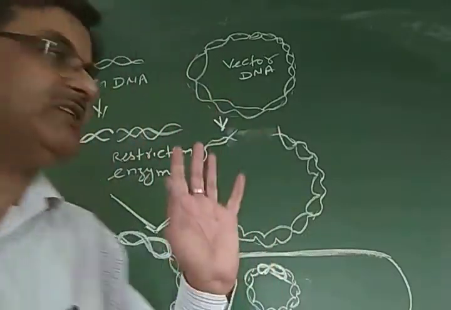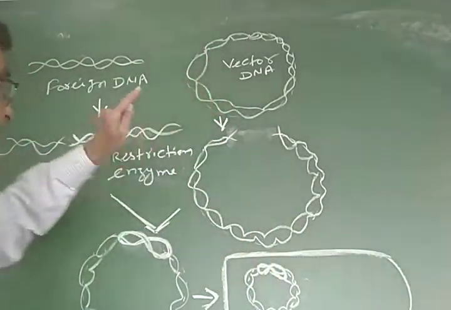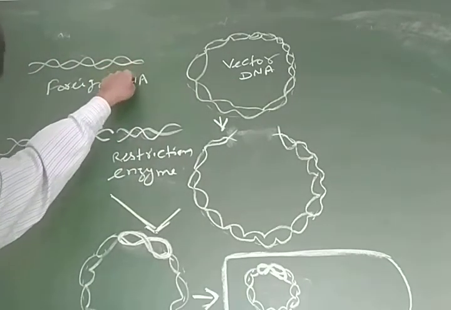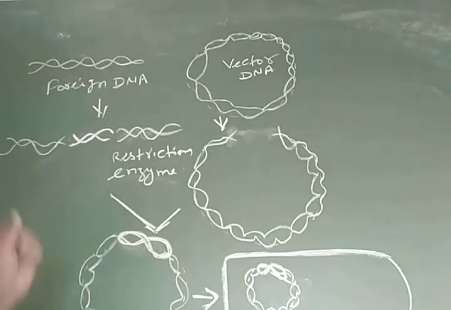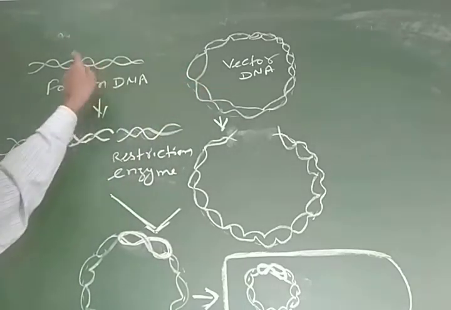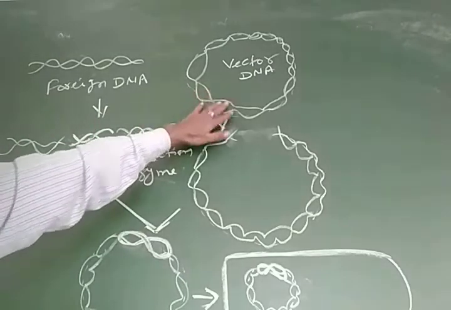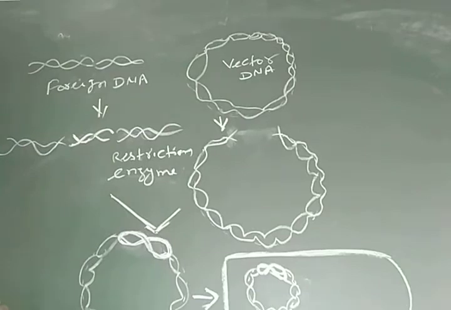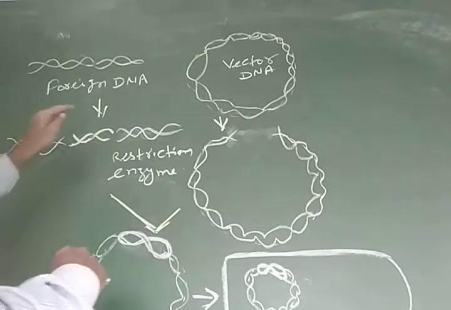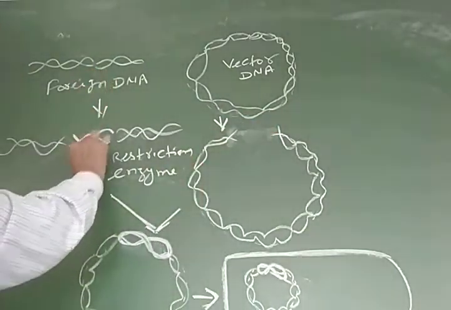Just now I said, suppose, now you can see this diagram also. Suppose this is the vector DNA or cloning vector, and now this is the foreign DNA. First of all, what we do? We use the same restriction enzyme to cut both DNAs, the vector DNA and the foreign DNA. There are many restriction enzymes. We use the same restriction enzyme to cut these two DNAs. Now this restriction enzyme cuts this vector DNA also, this foreign DNA also,